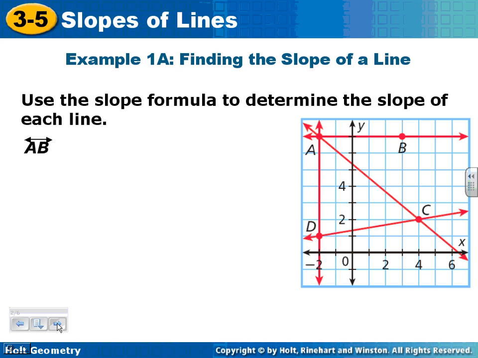On the next slide, it says, use the slope formula to determine the slope of each line. I just want to do line AB. If you see AB, I'm going to go to blue here. This point right there looks like it's -2, 1, 2, 3, 4, 5, 6, 7. That point is -2, 7. I'm going to pick another point, point B. The ordered pair there looks like it's going to be 3, 7. So given those 2,